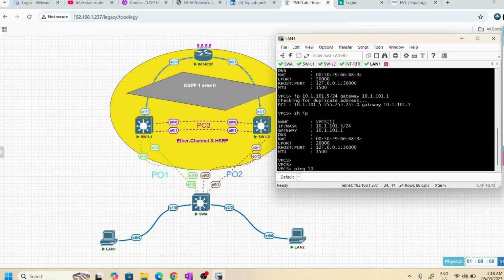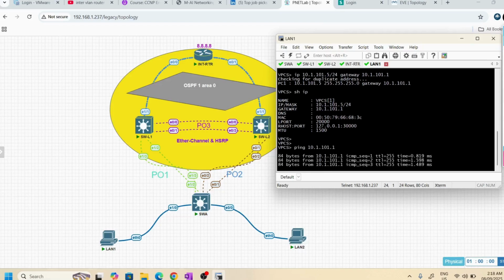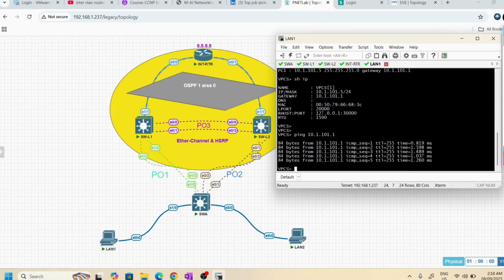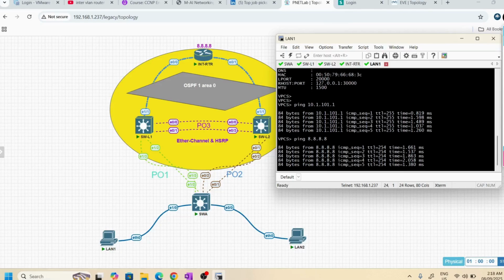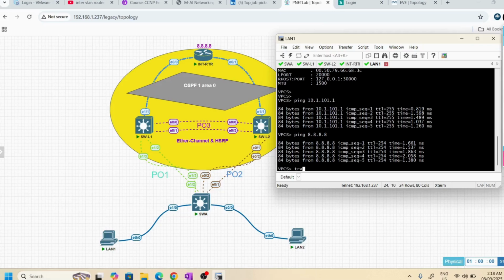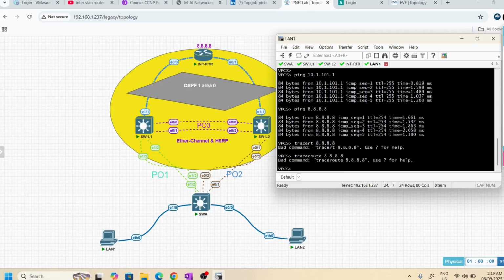All right. Let me ping the gateway. Ping 10.1.101.1. It's reachable. Okay, let me ping 8.8.8.8. It's reachable. And traceroute to 8.8.8.8.